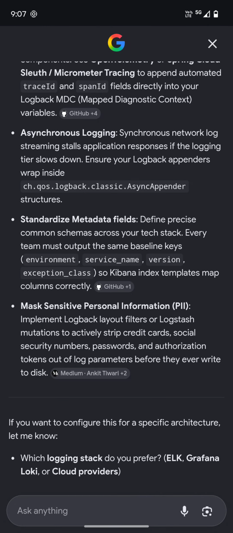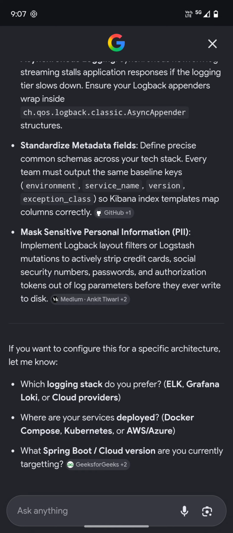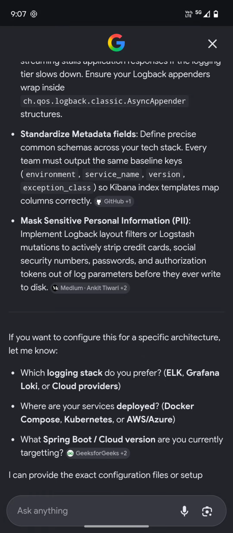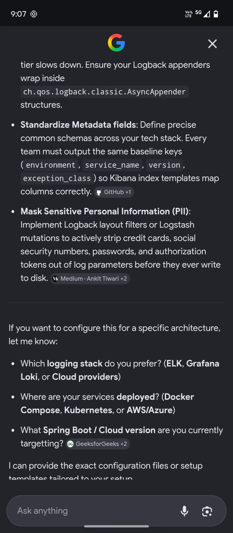Mask sensitive personal information. When we are talking about banking and financial applications, it is very important. You cannot print credit card details or sensitive information like passwords and authorization tokens. In banking and financial systems, the first thing is to mask the sensitive information. You should not print the sensitive details as they are in the file, because it may lead to a breach or exploitation of the system.